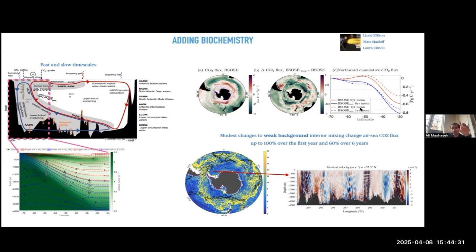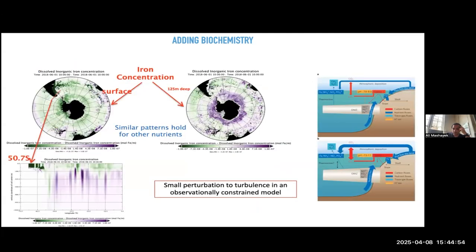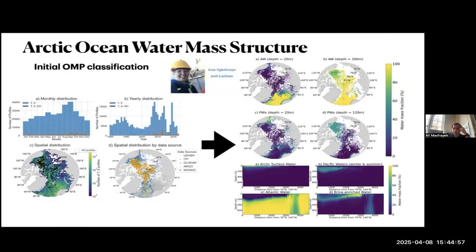So the model is really significantly sensitive to turbulent mixing. That is a problem because turbulent mixing is a notoriously difficult problem in terms of understanding. It is very fine subgrid scale, intermittent, and parametrization is very difficult. And so that led us to start worrying about how we actually parameterize mixing of water masses using machine learning. I'm going to come back to the mixing problem in a second to finish the talk,